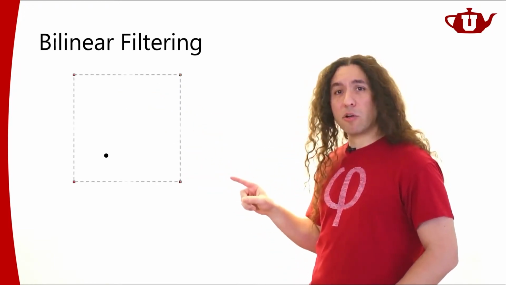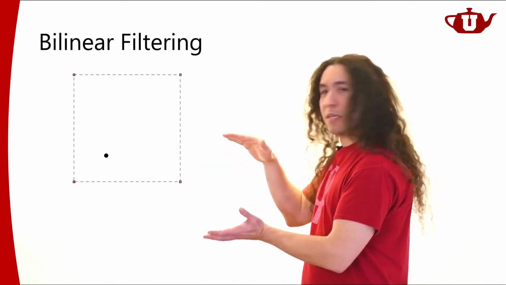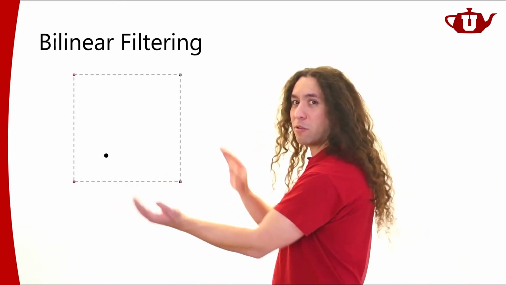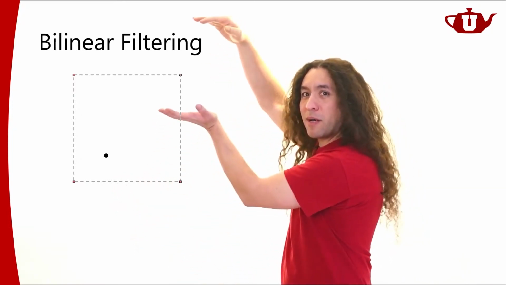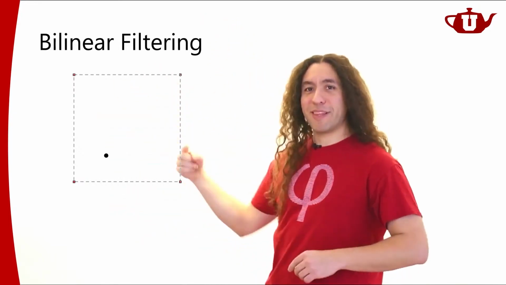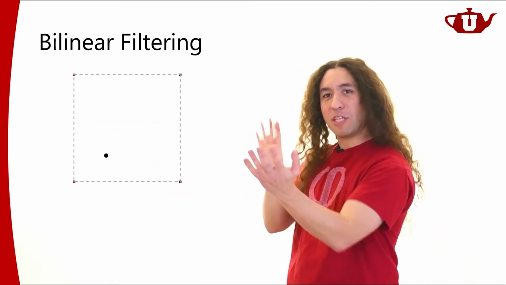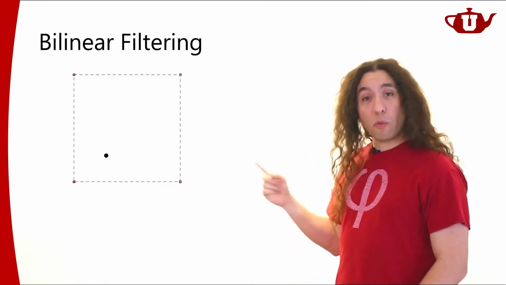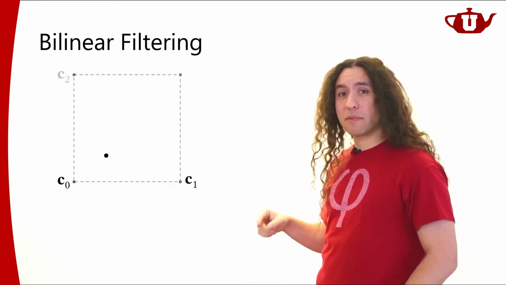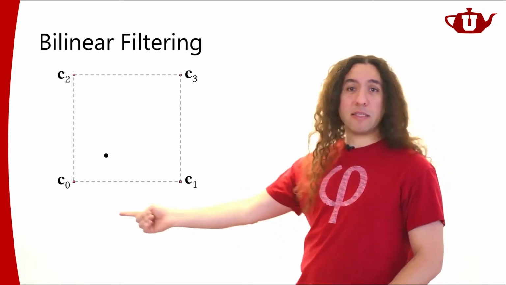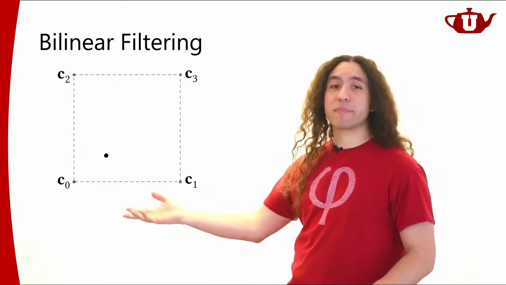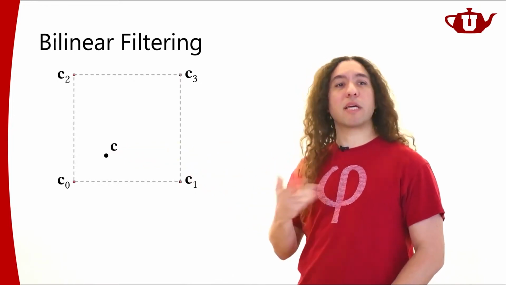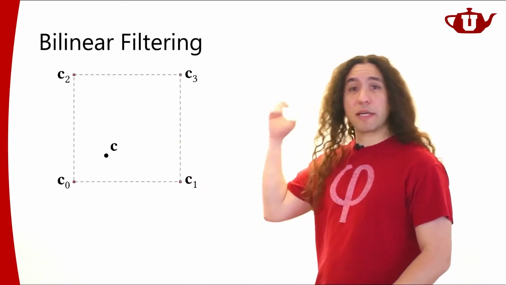So let's draw a box that connects them. Now, this is not the pixel-shaped box. If you draw pixels as boxes, there would be a box around this one and another box around this one. So this box does not quite look like a pixel; it's shifted a little bit. I just connected these points, and what I want to do is interpolate the texture values defined at these points. Let's name them C0, C1, C2, C3, and I would like to know the value here. Let's call that C. I'm going to do that using bilinear filtering.